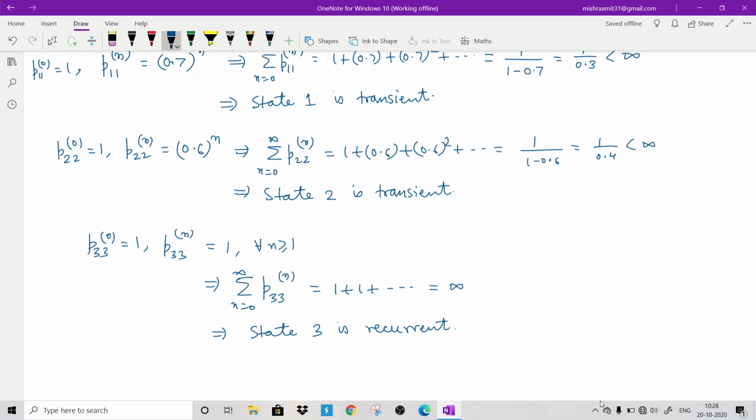So remember this condition: if the series diverges, state 3 is recurrent. This summation is the expected number of visits to state 3 if the process starts in state 3. So if the expected number of visits is infinite, that means the state is recurrent. If the expected number of visits is finite, then the state is transient. So that was the idea. We can see that this problem can be solved just by observation, or by using the small f function, the small f probability, that means the probability of first time transition. So this was the problem from GATE